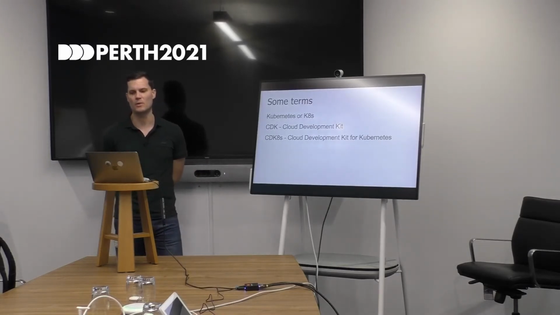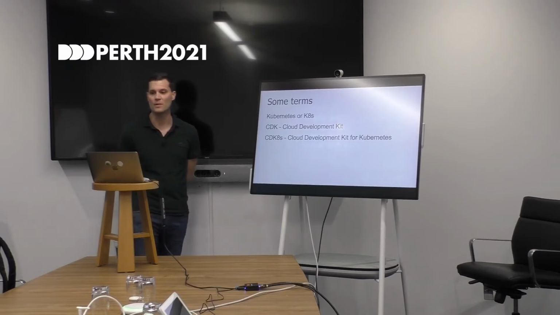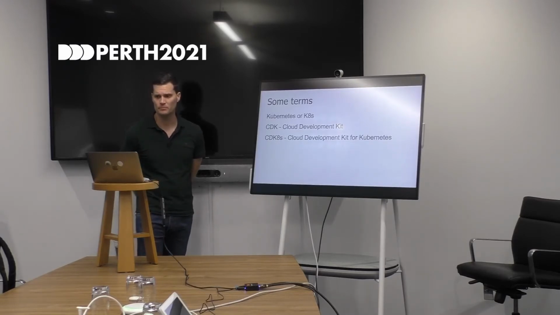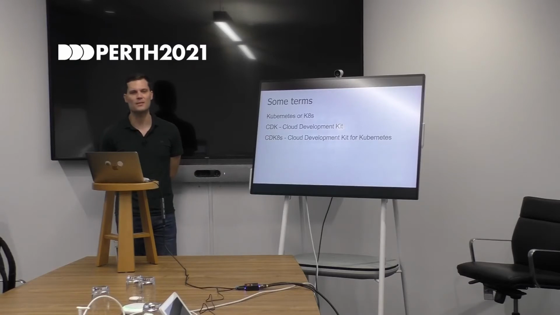And the example that we're going to look at later is my home automation project, which runs K3s on a Raspberry Pi 4. K3s is a lightweight Kubernetes distribution with a number of optimizations, such as using SQLite instead of etcd. And this makes it ideal for Kubernetes at the edge on cheap hardware.